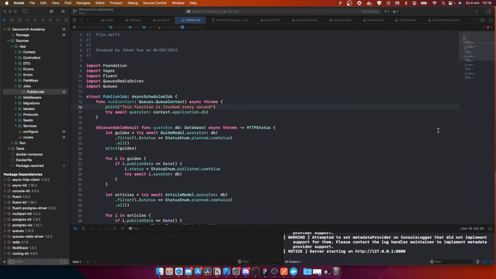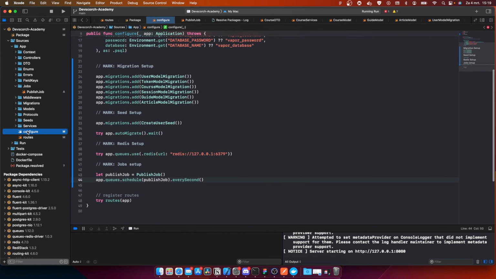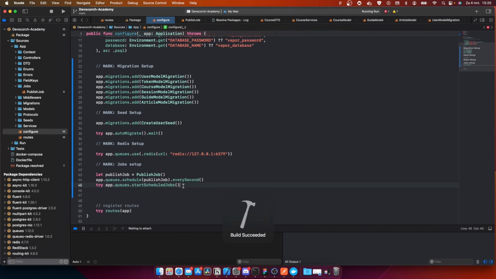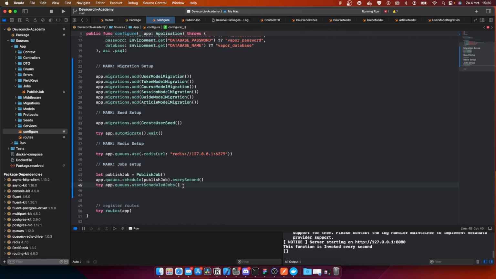Okay, yeah. So we have to actually paste this one inside the configure.swift as well. So we can actually add that here. Try app.queues.startScheduledJobs. So let's run this and let's see what happens. So this also means for the database or for the web server, I actually also need to set up a Redis server. I don't have a problem with that, but